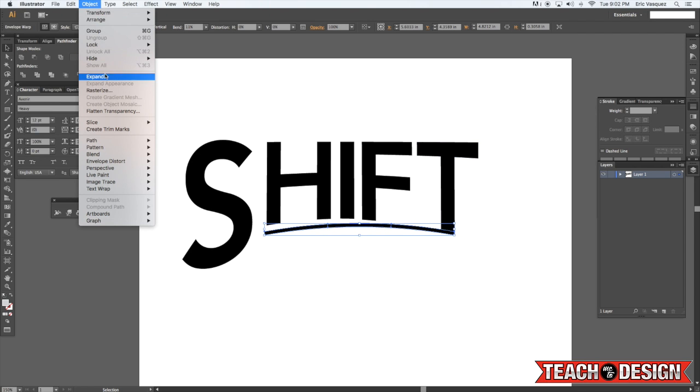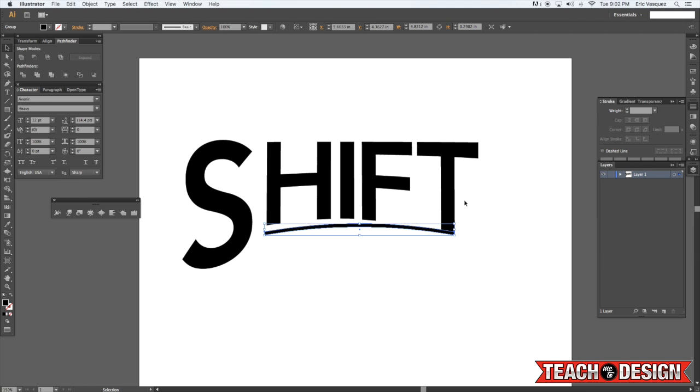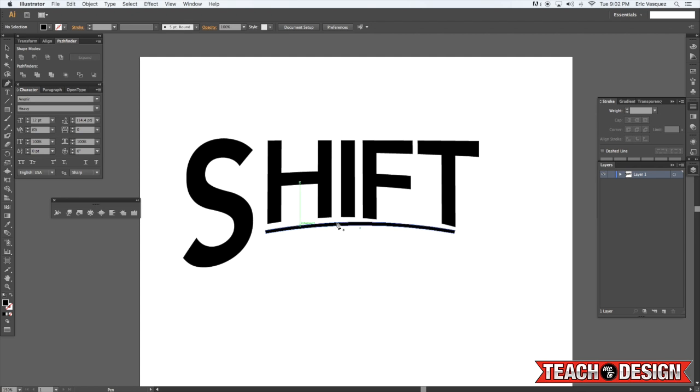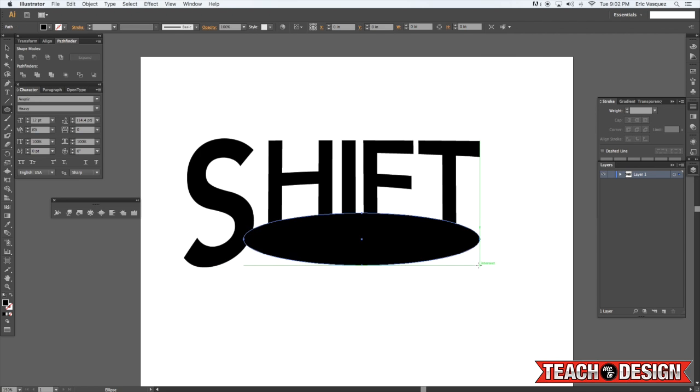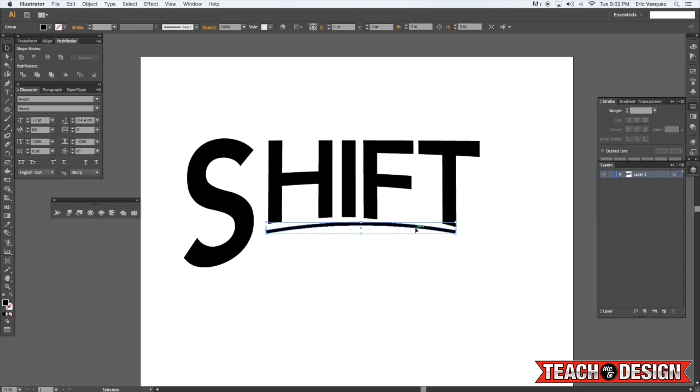Right? I would do the same thing though where I want to expand it, hit OK, and then switch to your direct selection tool by pressing A and just tap these points up a little bit to kind of make it fit. Now if your line still isn't fitting the way that you want it to, what I would do is kind of create a shape like this, overlay it on the type, and try to match the curve itself. Right? So something like that, or if you actually raise this up a little bit,